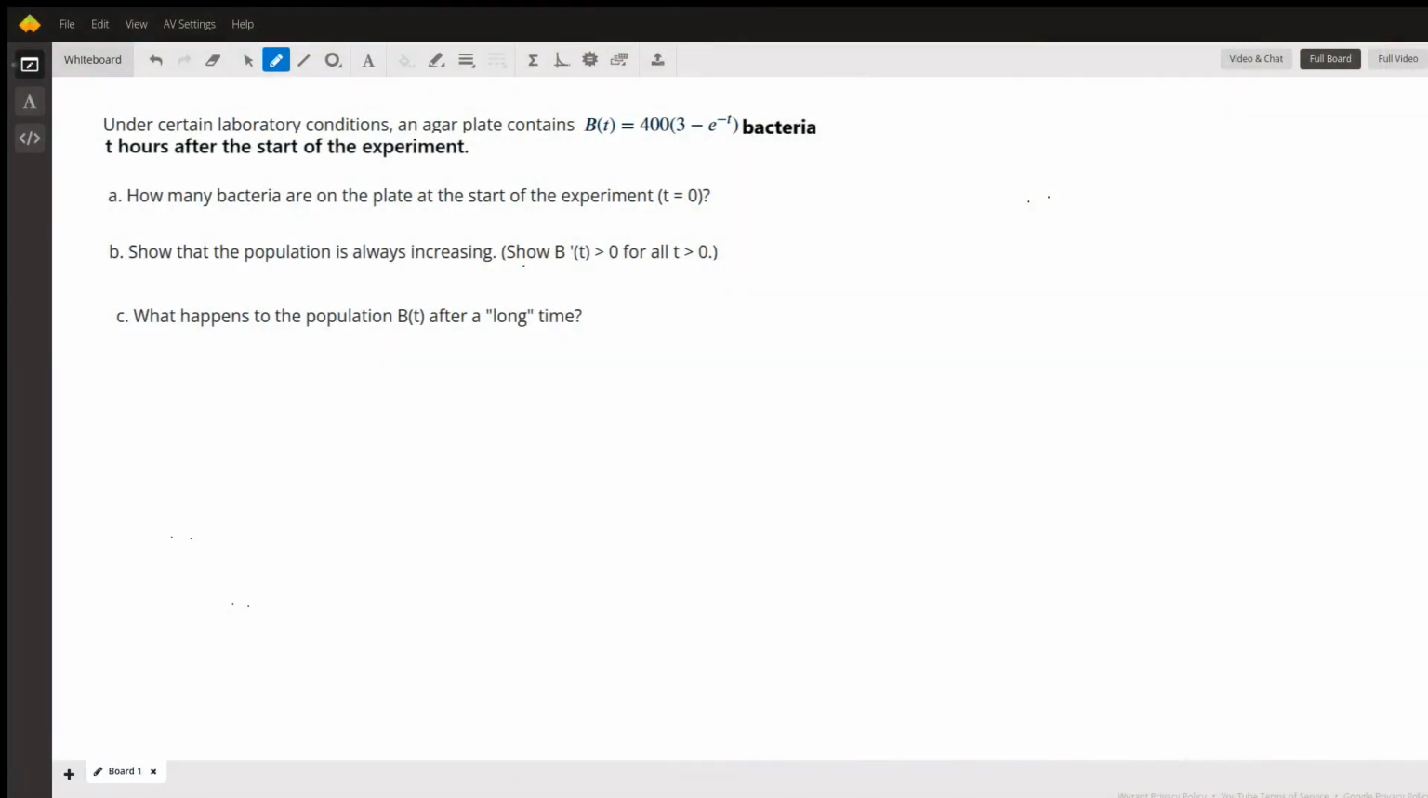The question says, under certain laboratory conditions, an agar plate contains B of T equals 400 times (3 minus e to the minus T) bacteria, T hours after the start of the experiment. A, how many bacteria are on the plate when T is 0? Well, this would be B of 0